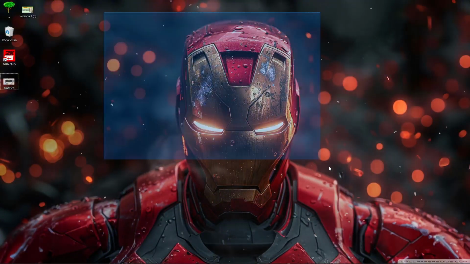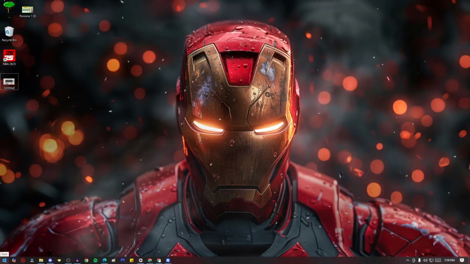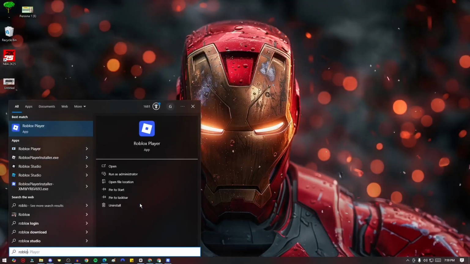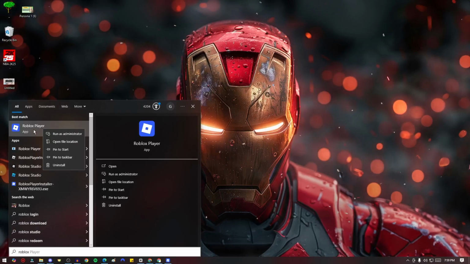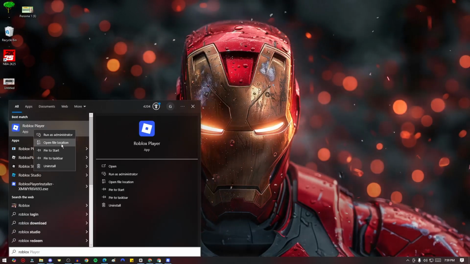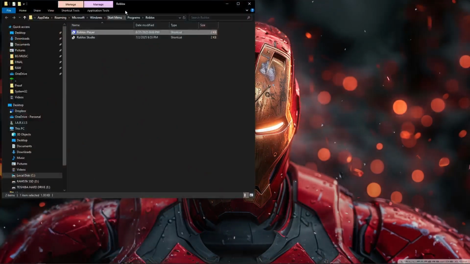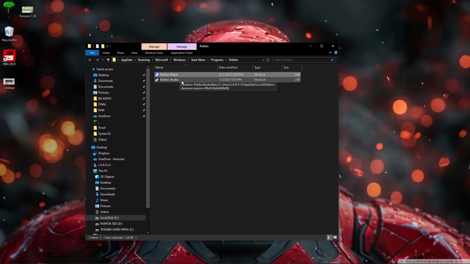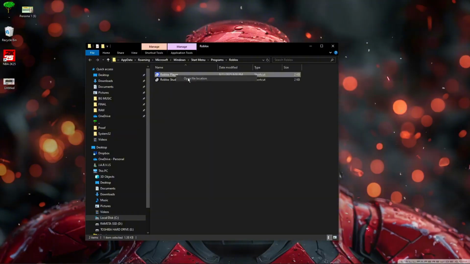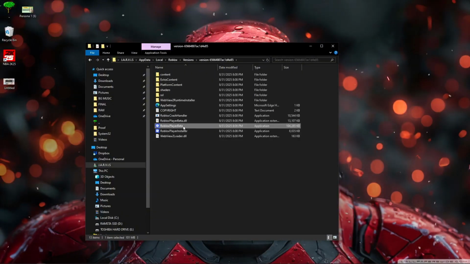Now once you're on desktop, under the Windows key right there, type in Roblox. You're going to see Roblox Player here, and so much more. So right click on the application, click on Open File Location. In here you're going to see a lot of options, the player and the studio. So click on the player, right click here, open the file location one more time, and under the beta, make